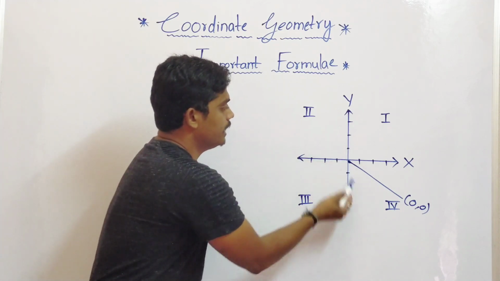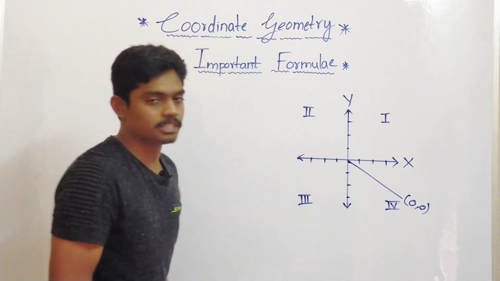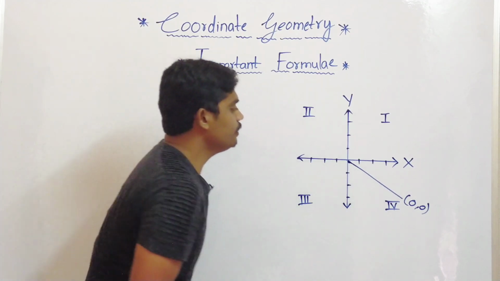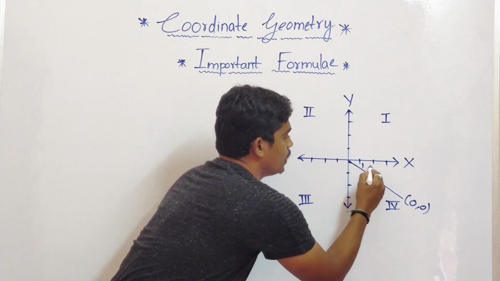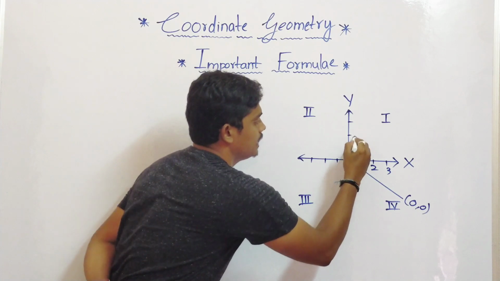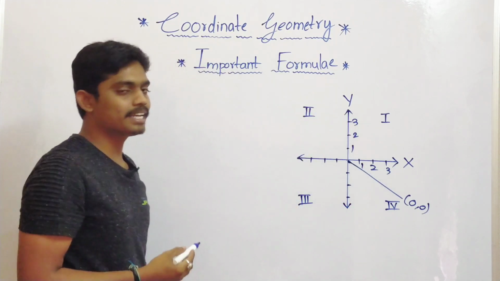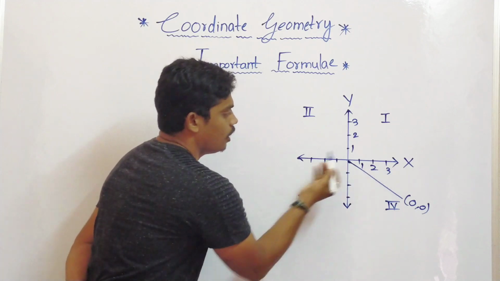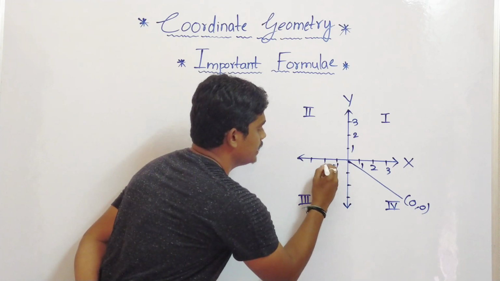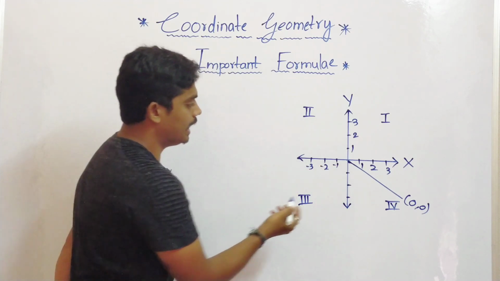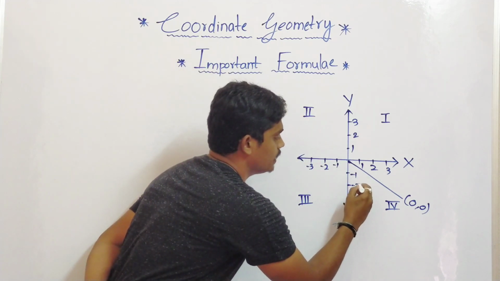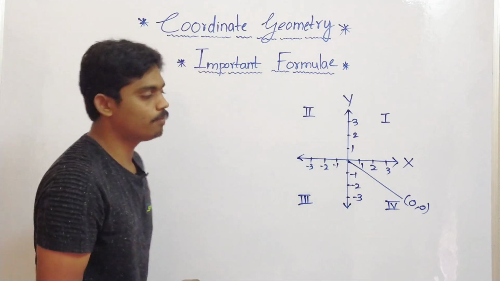So I have said the intersection point of x and y is (0, 0), which is considered as the origin. And from here, if we go on this side, the value increases: 1, 2, 3. In the same way, when we go towards the y-axis, it is the same 1, 2, 3, and the value increases positively. And this is the opposite of the x-axis, so we will consider it as the negative x-axis, that is, the values are -1, -2 and -3. And here it is opposite to the y-axis, so this is considered as -1, -2, -3, and this is the negative y-axis.